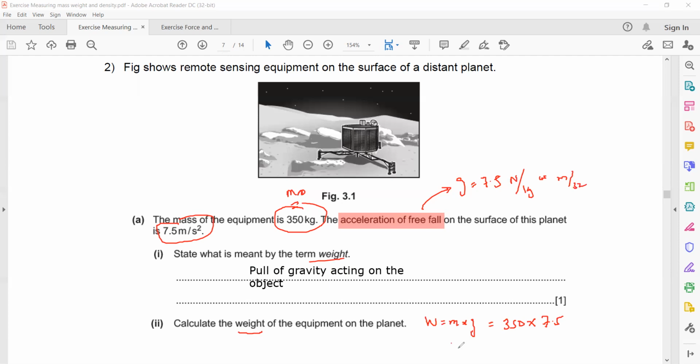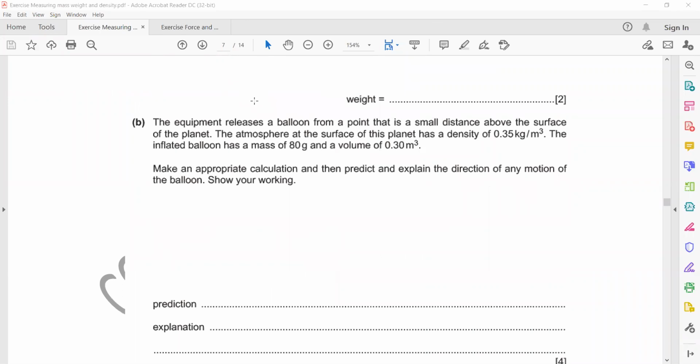What is the weight of the equipment on the planet? 350 multiplied by 7.5 is 2625 Newton. So this is 2625 Newton. Is it clear? That was parts 1 and 2. The next part,